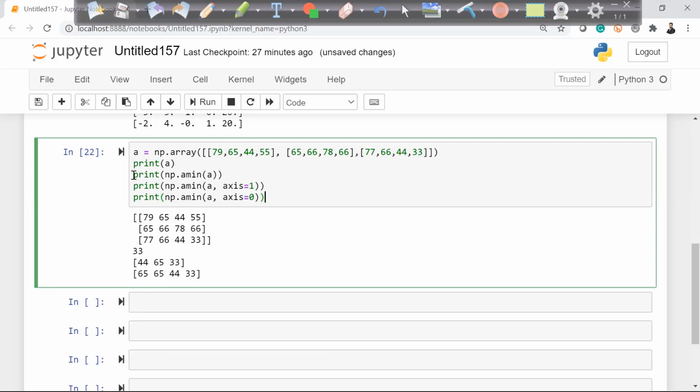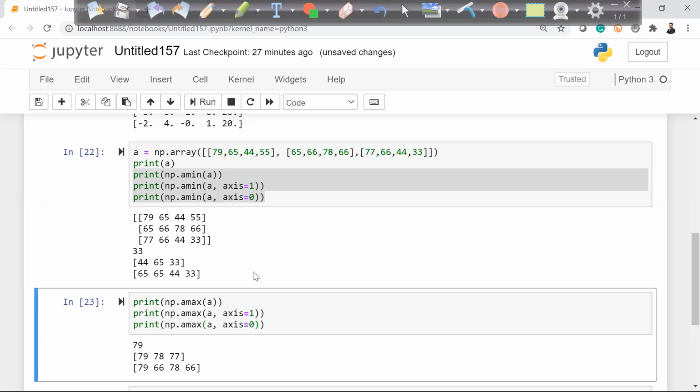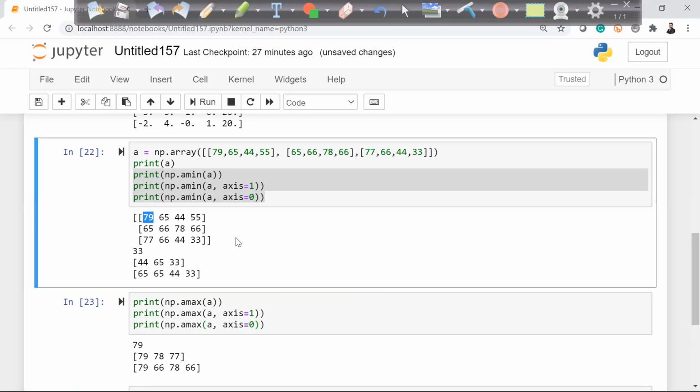Same way, we have the max command as well. So a.max. 79 is the max, which we can see clearly, perfect. Then in this row, what is the maximum? 79. In this row, 78 is the maximum, and in this row, 77 is the maximum.